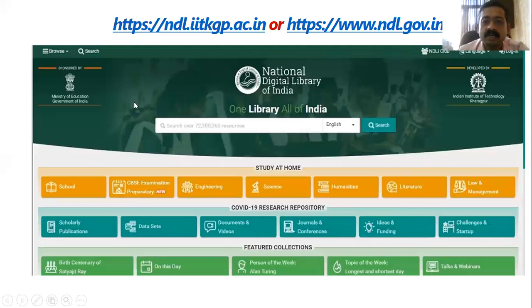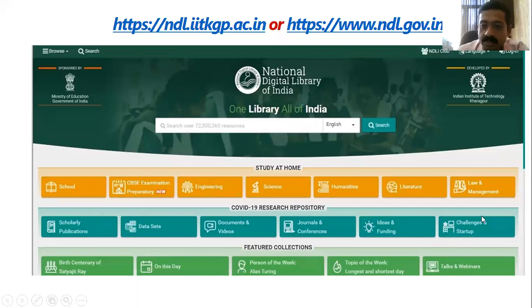You might have seen that nowadays, and I'm happy that all have registered in this one. You can see a login option. Once again, I'll remind you this login option. You can click over here. If you want to change the language from English to Malayalam, you can change it. Here the language option is there. One portal, NDLI Club portal is there. So it is integrated. NDLI Club is integrated in NDLI. And if you want to go to NDLI Club, you can click on here. It will go to that portal.